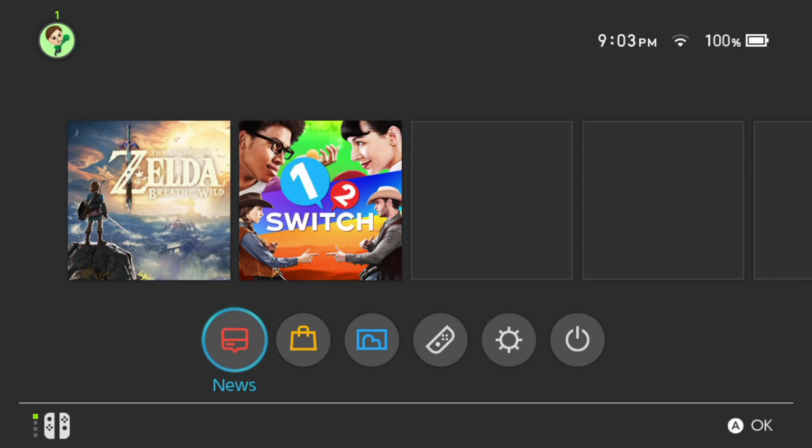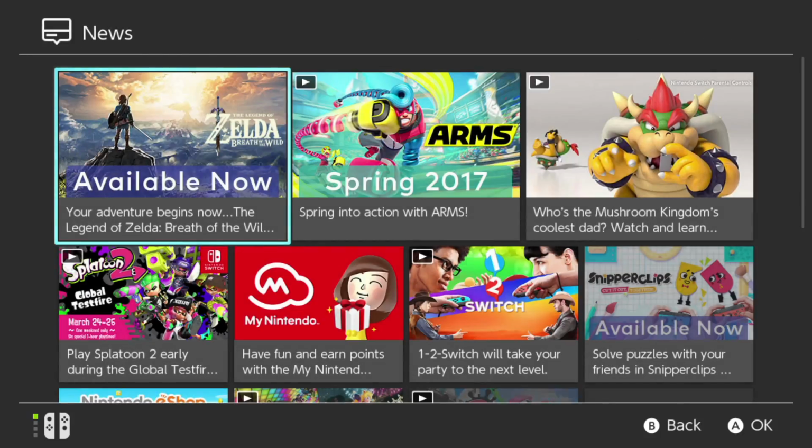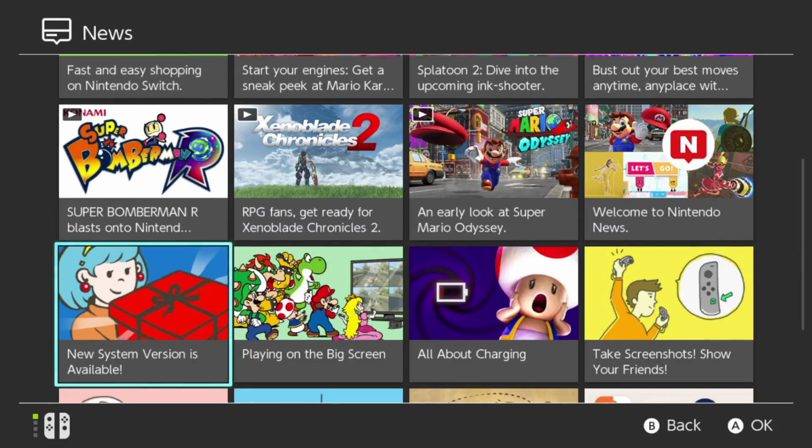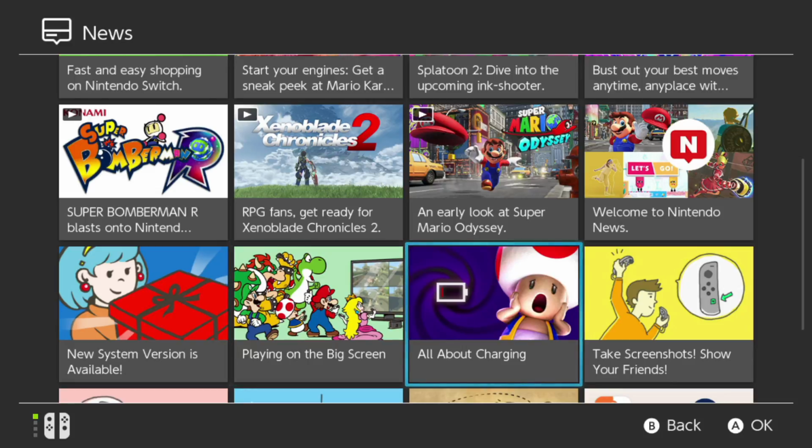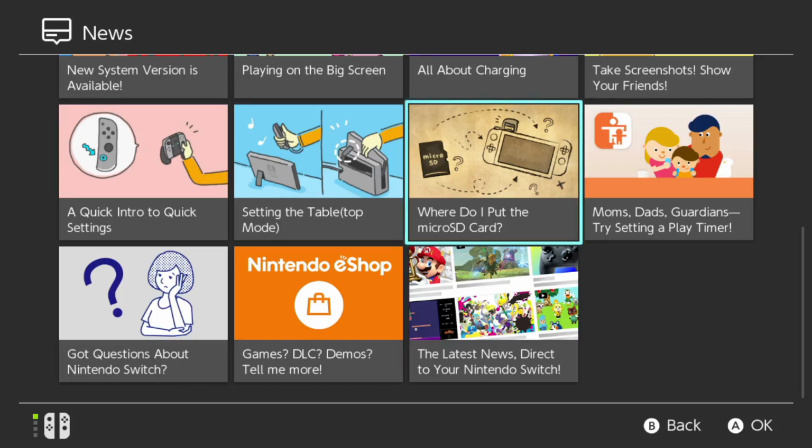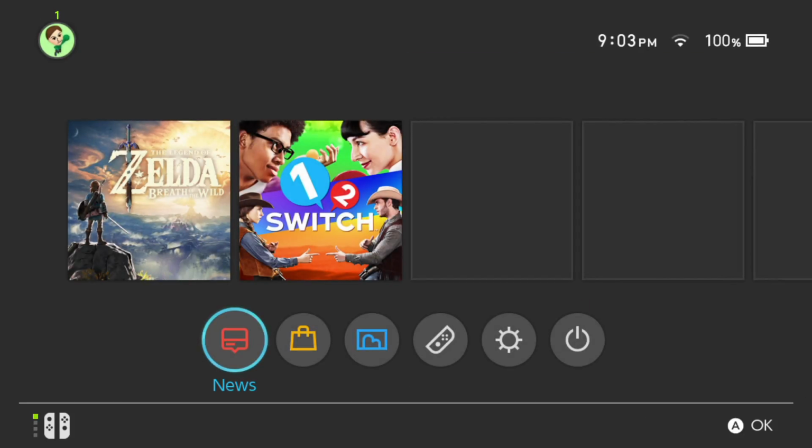Running along the bottom of the screen are a whole bunch of icons that you can click on and interact with, the first being News, which brings you to a screen that lets you watch videos about upcoming games, get more information about your console, such as when system updates are available, or how to charge the thing, which is pretty important knowledge. And that's pretty much all News is, just kind of curated information about your Switch and upcoming